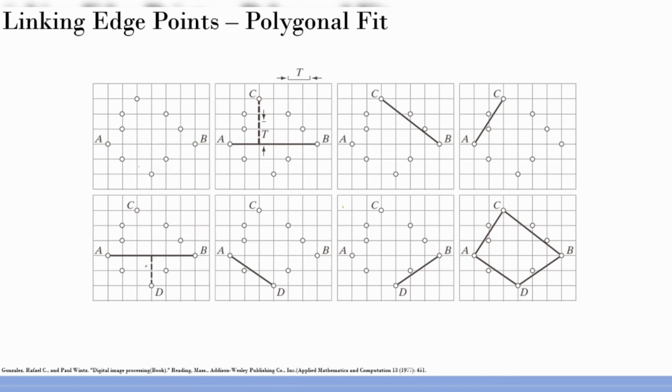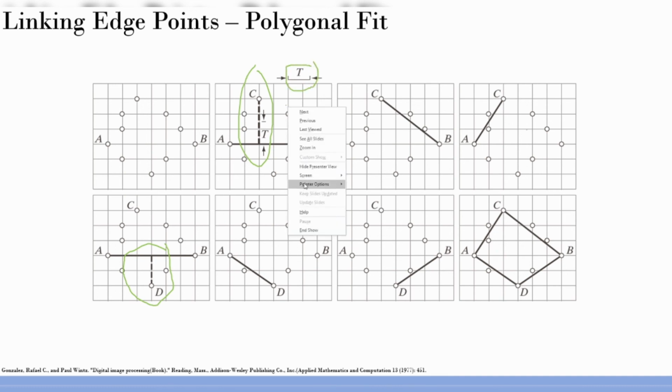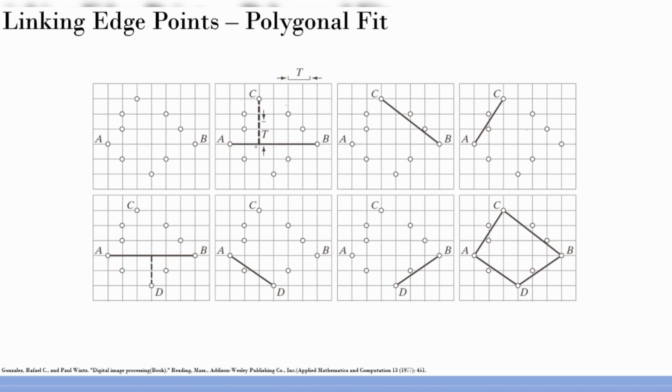So in this case, we need to see on both sides. If you see this AB line, you have segments on both sides, this side also and this side also. If there are segments on both sides greater than some threshold T that you define, then you ignore that line. You have a segment here and a segment here which are normal, perpendicular to the line AB, and both are greater than this threshold T, so I will just ignore it. This cannot form a part of the border or the edge.